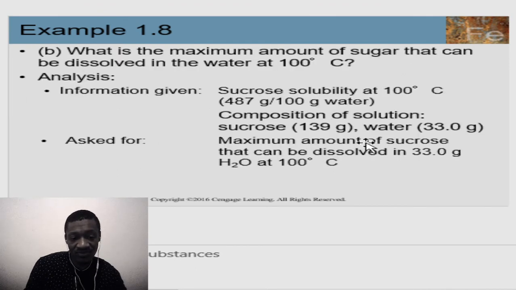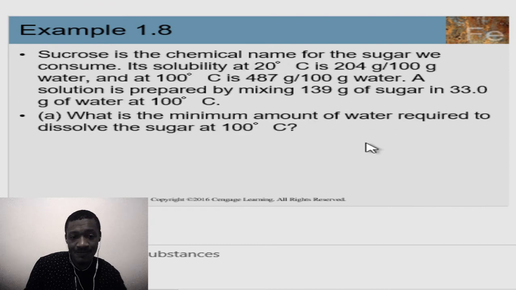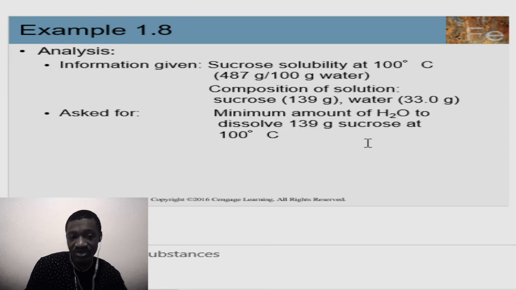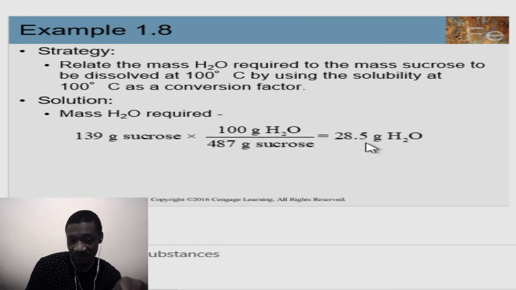And then once we've done that, because the question is, if that is 31 grams of sugar and 139 grams of sugar and then 33 grams of water, what's the minimum amount of water that's required? So to do that, that was what we did here, where we take the sugar and then we run it against the standard, which is